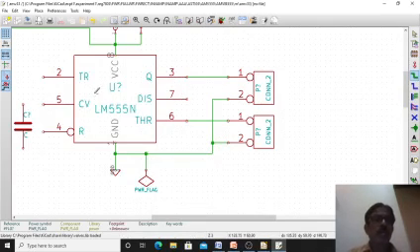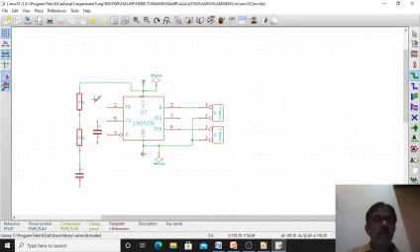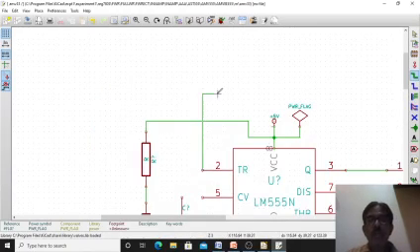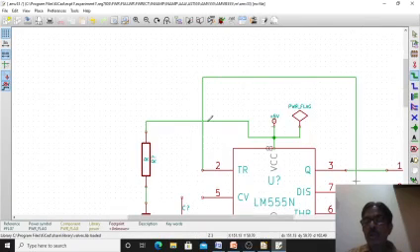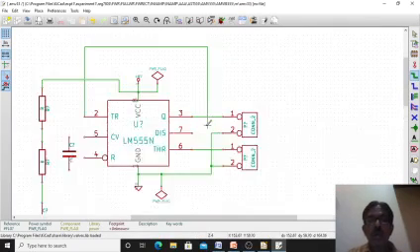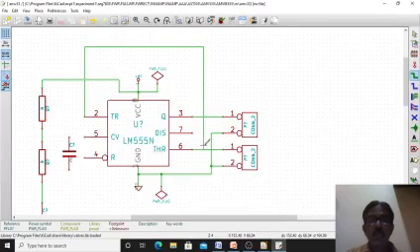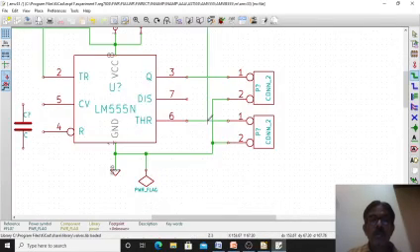Okay, then 2 and 6 are shorted, you short them, 2 and 6. From 2 I am going here towards 6. This should be connected to pin number 6. Okay, then 2 and 6 are shorted.